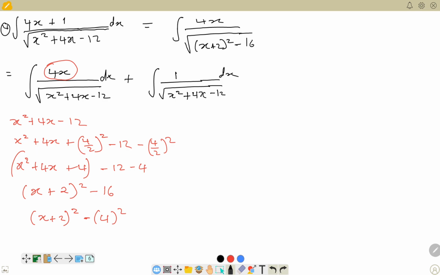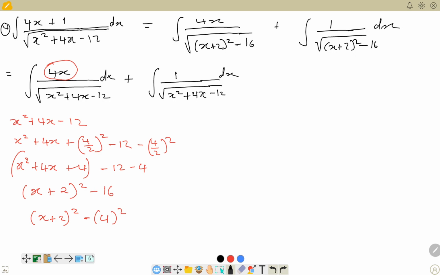Let's just write 16 actually, because at the moment we won't be needing it. They still need a lot of simplification and some sort of substitution to solve this problem. Then plus square root of 1 over x plus 2 squared minus 16